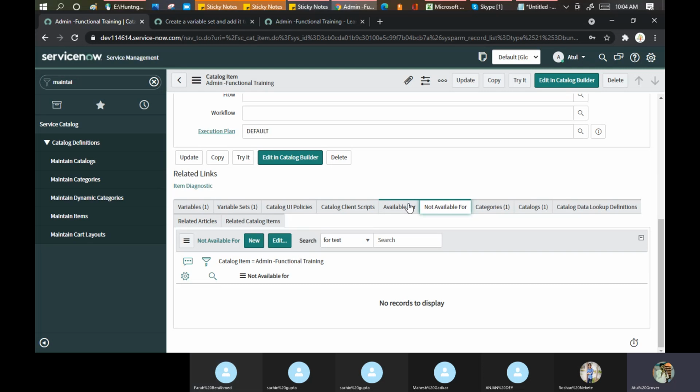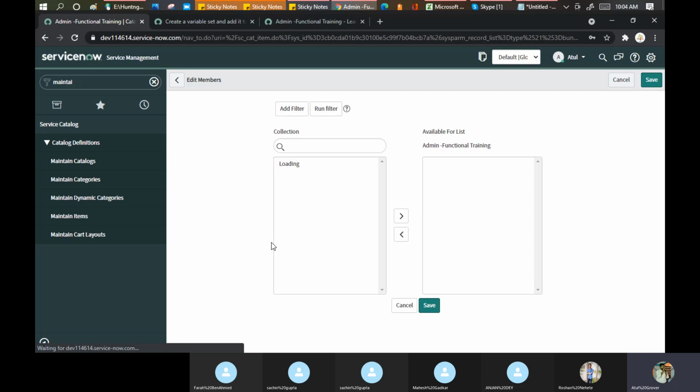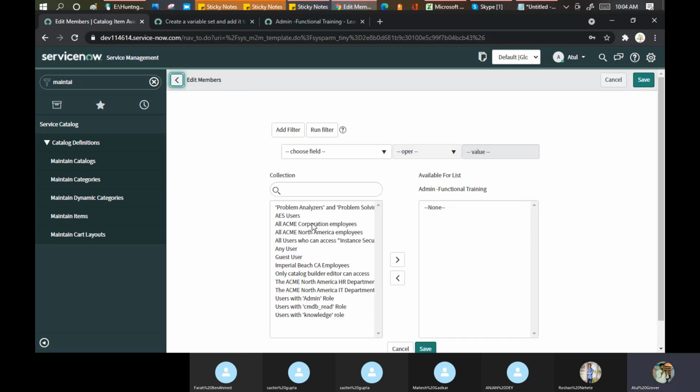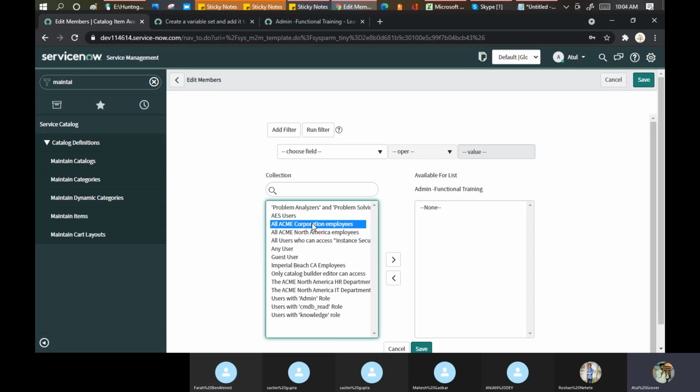But the point is, Atul, do we need to put in every username? No, that is not a good practice. Then what can we do best? Let me click on the groups. One of the options, definitely yes. Click on the edit here. And you can see we created the criteria in the background.